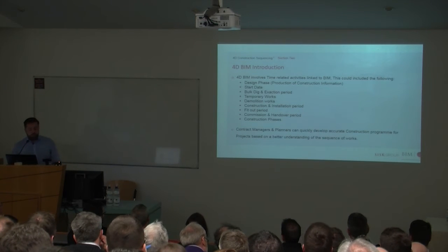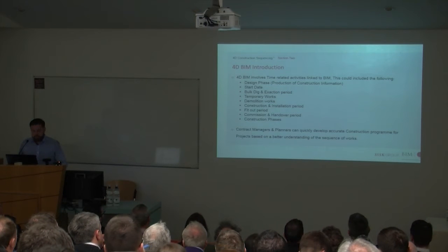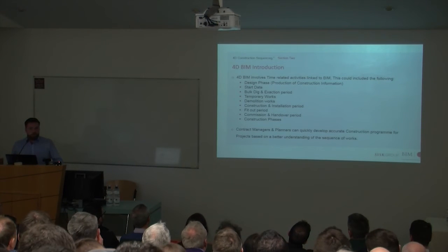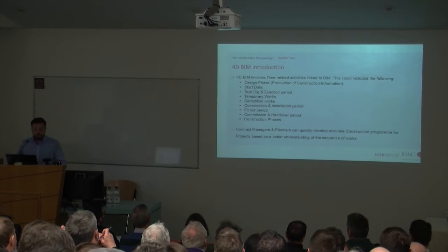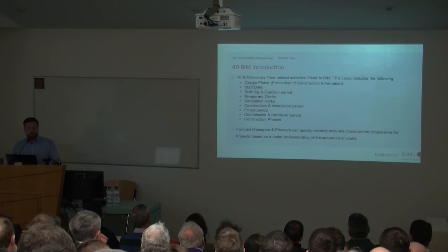So 4D, really just some of the things that will be included. 4D involves time-related activities linked to your BIM model. This includes the following: your design phase, your production of information. In terms of if it's a design and build or a traditional build, if you can link the actual production of information physically to your model, you can see how your model is going to develop at an early stage. The start date on site, bulk dig, excavation period, temporary works, demolition, construction, installation period, fit out period, commissioning and